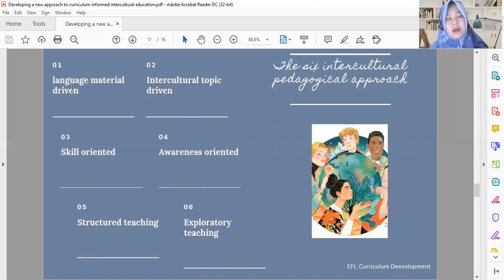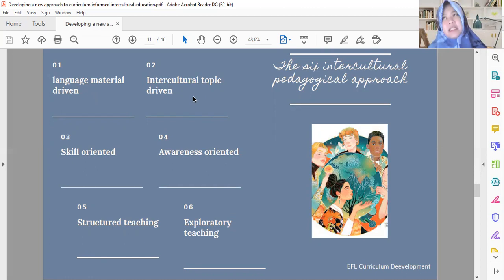So in language material driven, the teachers or lecturers use textbooks or adopt the teaching materials given by the government. At the same time, intercultural topic driven makes them create intercultural topics not only in one specific subject, but in almost all subjects.